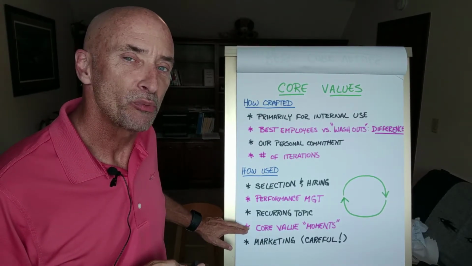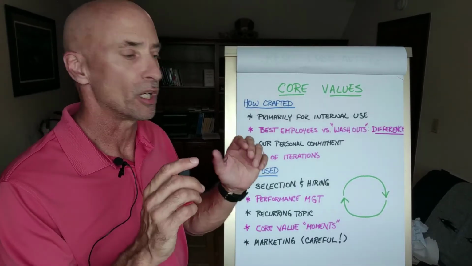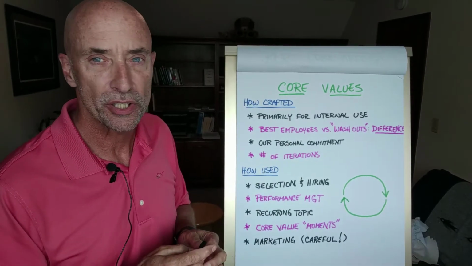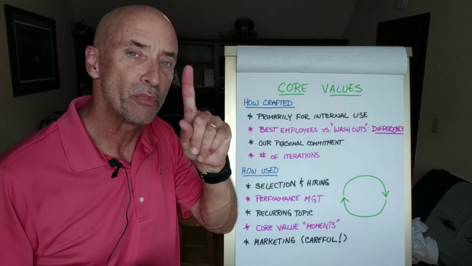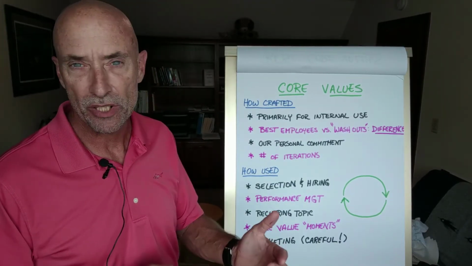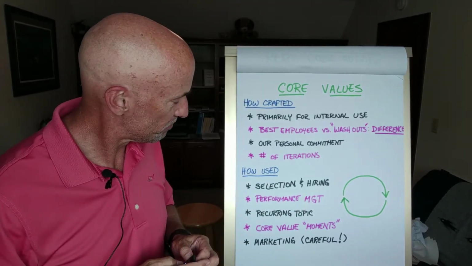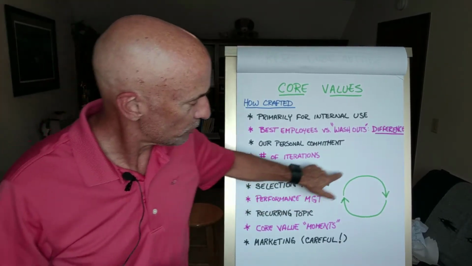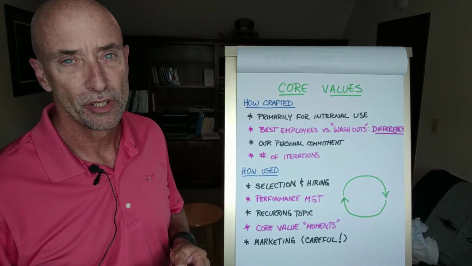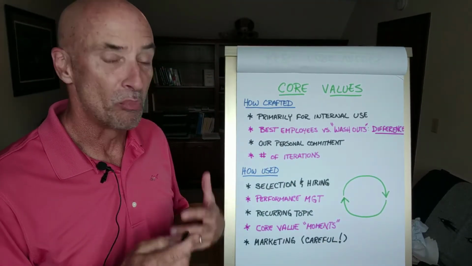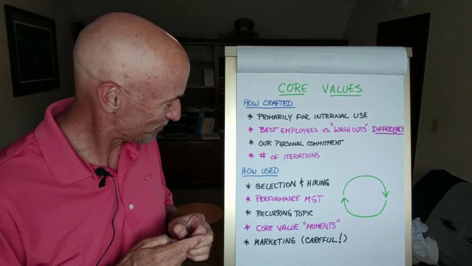You have core value moments where you may say, right now, I really want to reinforce that core value of humility in our organization. And so every meeting begins with somebody talking for 1 minute about humility and what that means for them and how they demonstrate that and how someone else might have demonstrated that for them. Do these first 4, and what you're creating is this reinforcing loop of culture. It's getting stronger, it's getting more robust all the time. It's becoming truer and truer to who you see it to be.